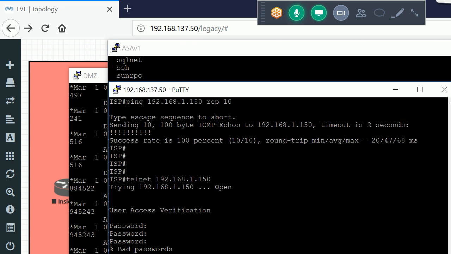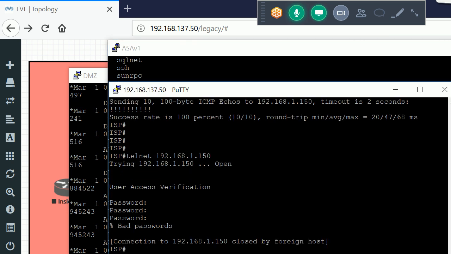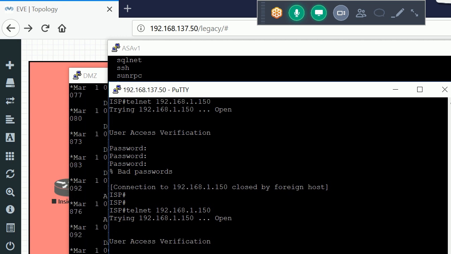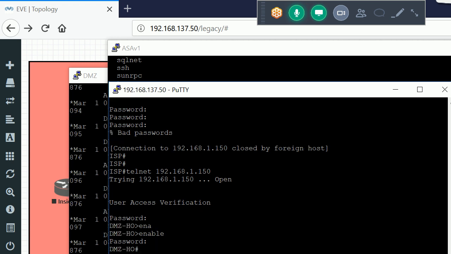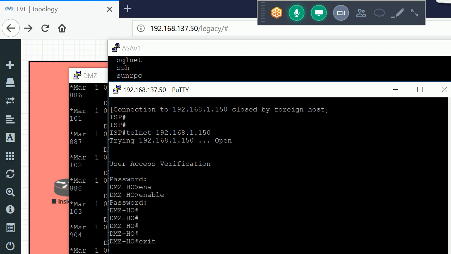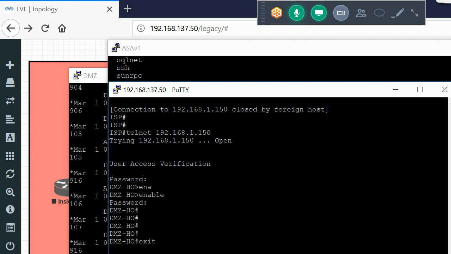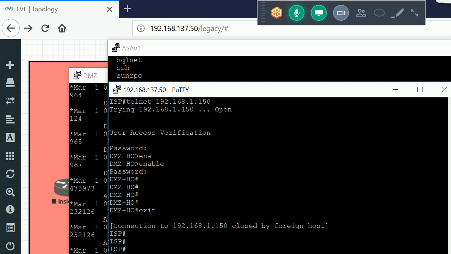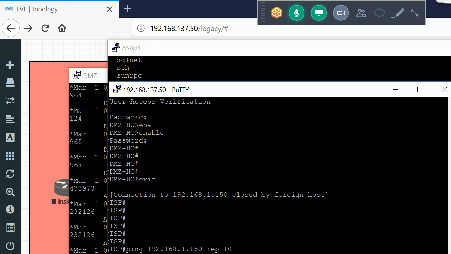And if I go to my ISP router and run this command again, I'm getting access. Okay, I define telnet two times because for telnet access we have a source and destination port of 23 at both places. Now if I initiate the ping again, the ping is not working. So that is the way we are also adding the port numbers in our NAT statement.